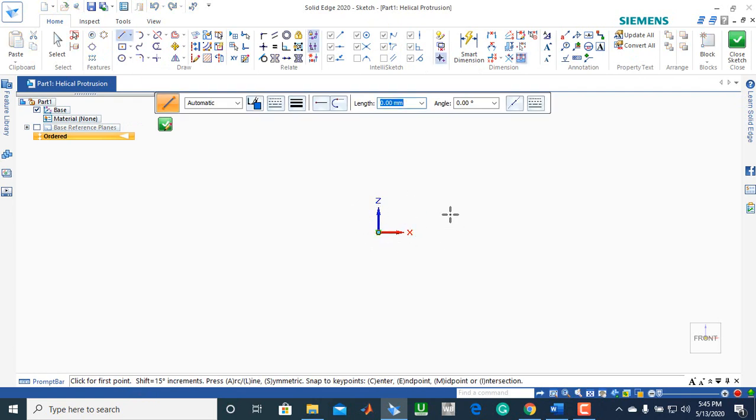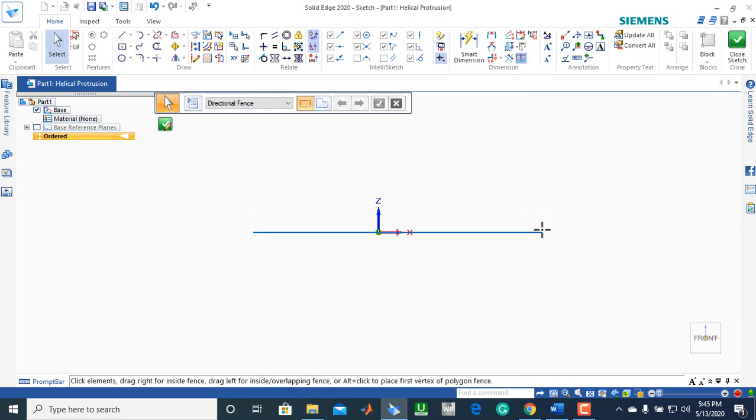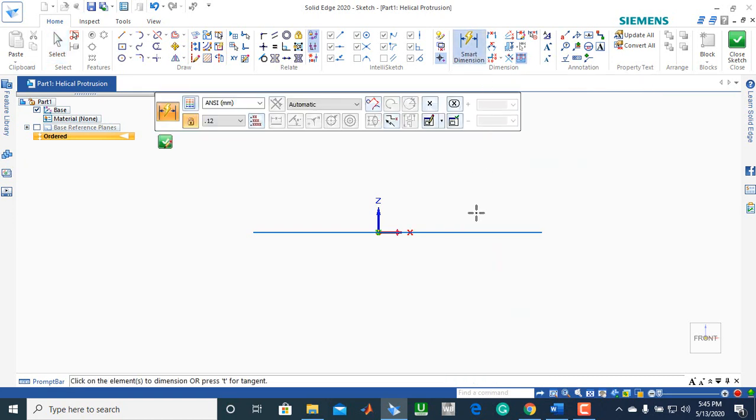You'll see a star or something that comes up, so you put your mouse there, and then you go like that. When you move your mouse this side, you should see that dotted line along the x-axis. So you click here and draw your line up to there. When you have drawn that line, you press escape on your laptop. After you do that, you go on smart dimension, and we're going to dimension this line.